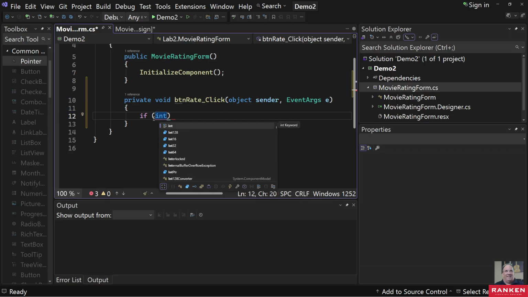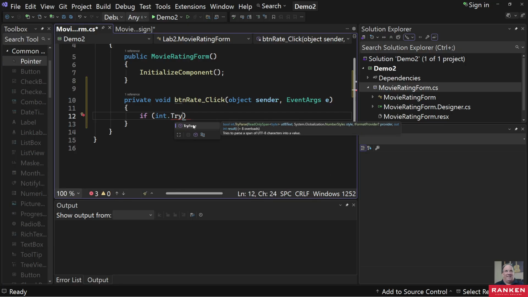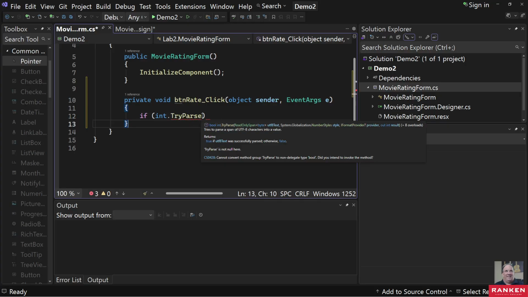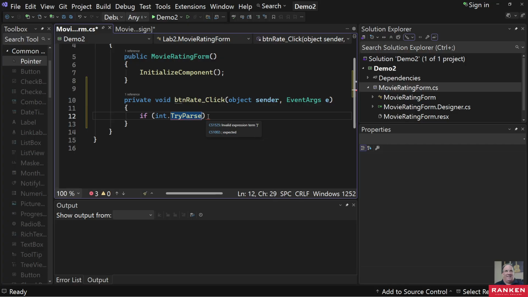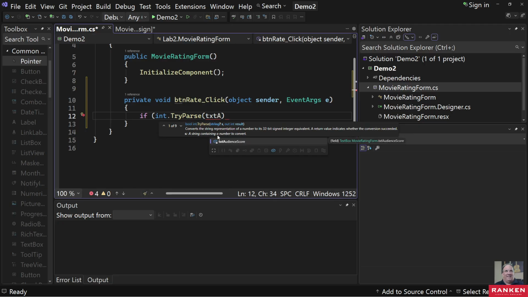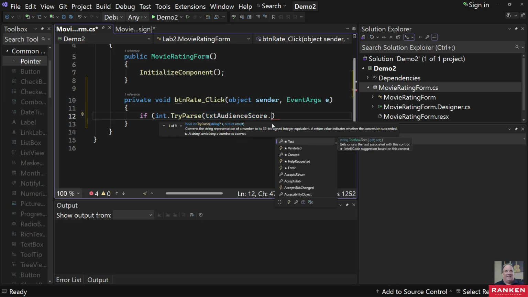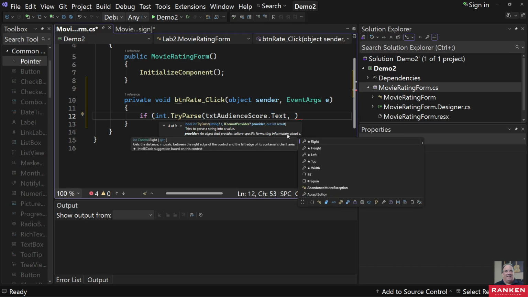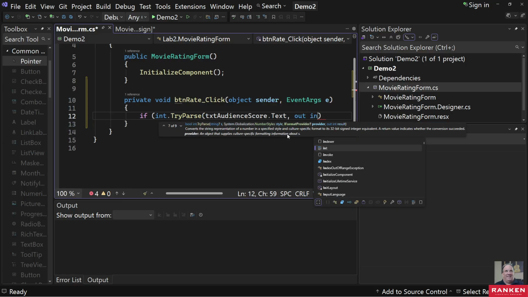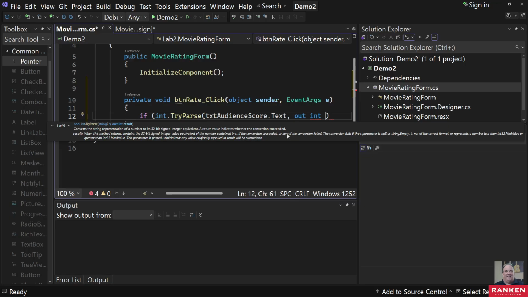And I'm going to do an int because all of these are also just double digit things. You know, you're not using any decimal places or anything. So I'm going to do that. I'm going to do a try parse on that, right? And then I'm going to do the text audience score. And we're going to do a dot text on that, just kind of like we've done for everything else here. For the most part, our examples kind of looked at. And then we want to do